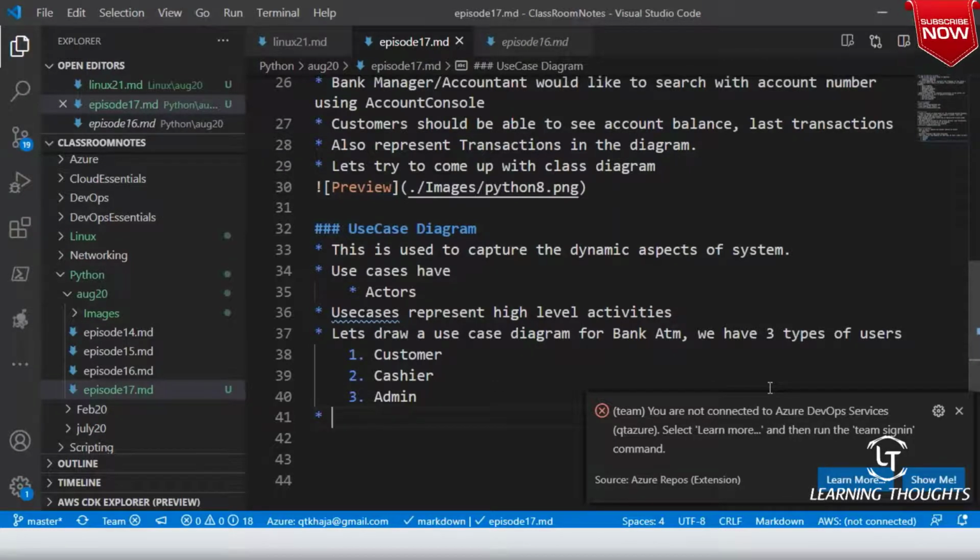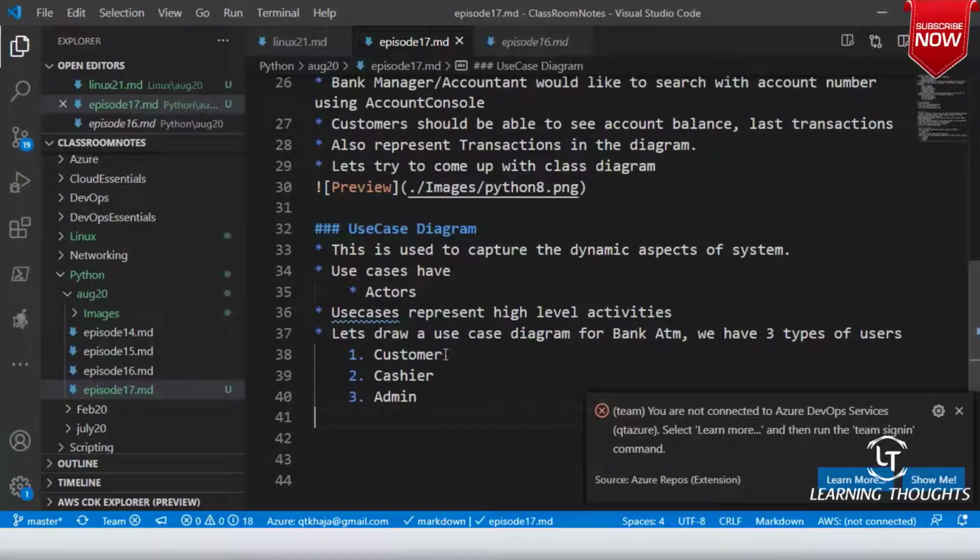So we have one more actor. The bank cashier represents the bank. Let me stop it at that. Let me not make it more complicated than this.